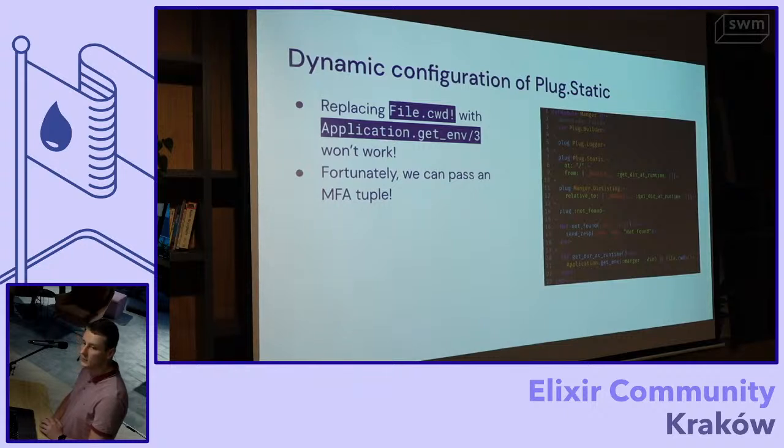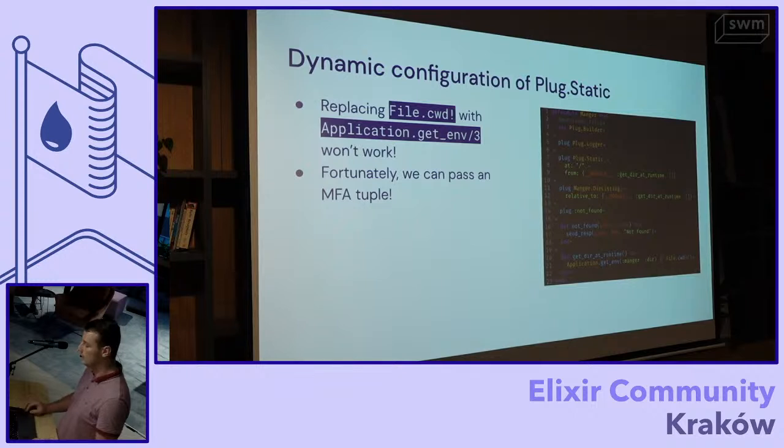Well, this whole plug pipeline is defined at compile time. So whatever was in the from was executed at compilation time. For the script, that was okay because the script was compiled each time it was run. For such an application, it is not.